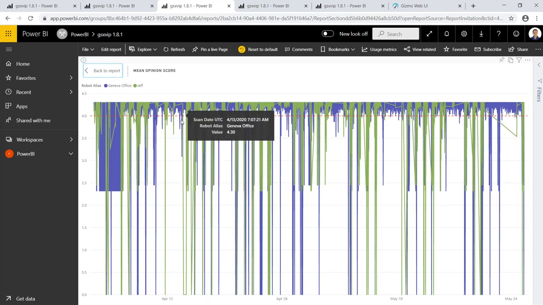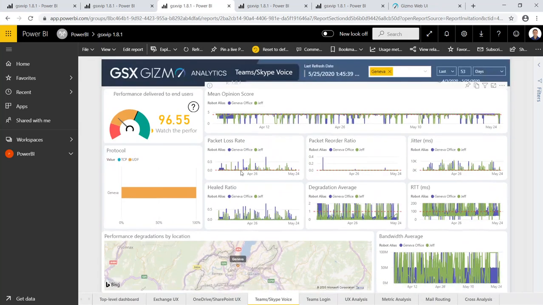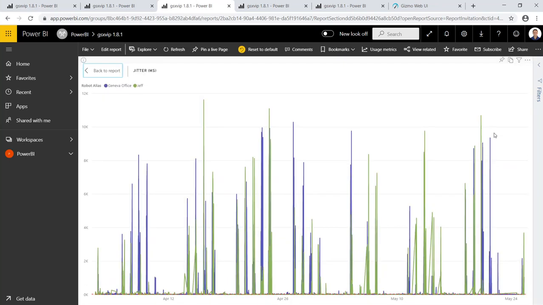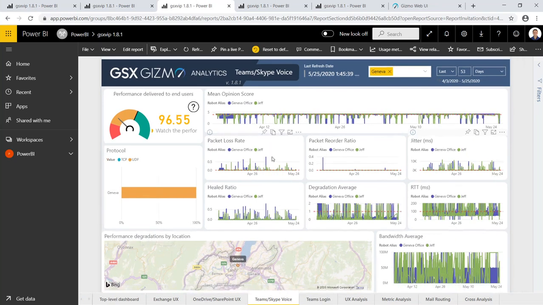Of course, there's always some good moments and bad moments, but basically it was possible to do calls at that moment. And you see, it's exactly the same if you check, for example, the other statistics that are very important. If you check the jitter as well, if you check the packet loss and all of that, the Geneva office had some issue and now is way better. But really the MOS was really, really bad.